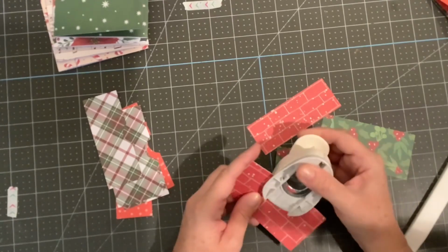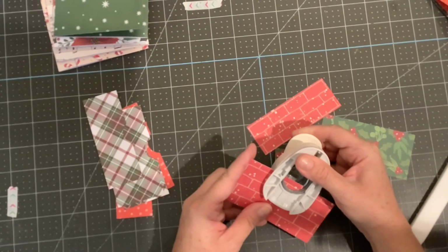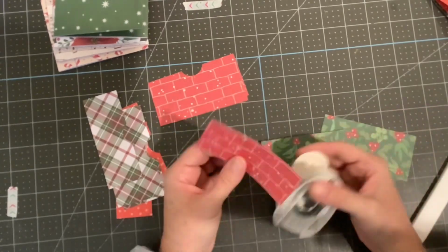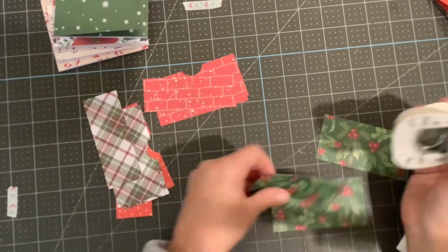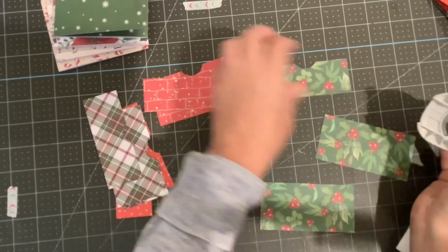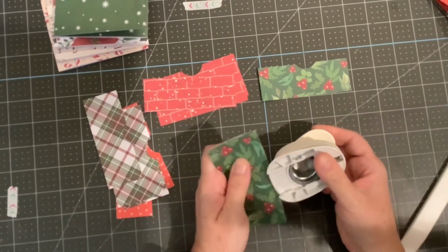Then we're gonna have to decide which of our little ephemera pieces we want to match each one up with. Okay, and then last but not least,